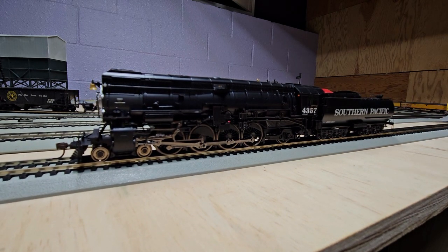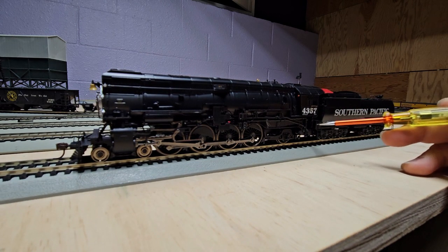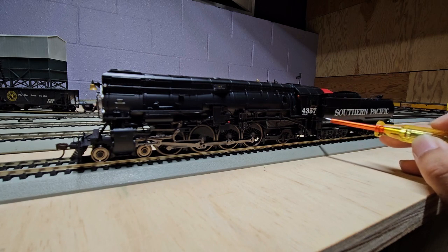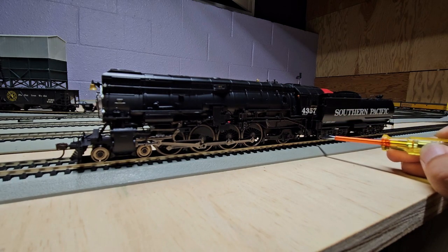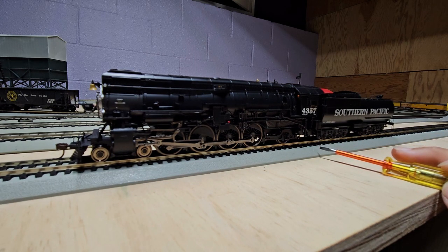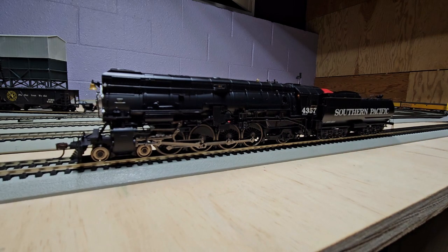Okay, so with that, I have one real criticism that I really don't like, and that is that the wire connector and the coupling connector just seem kind of finicky to me between the tender and the locomotive. And it was even told to me when I was buying this locomotive at the store, like, hey, it's got a bit of a finicky coupling system. You're best to, like, once you couple them together, don't try and uncouple them, because what if this breaks? Well, now I gotta replace it, and